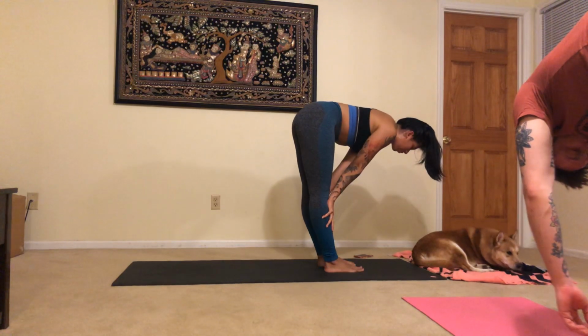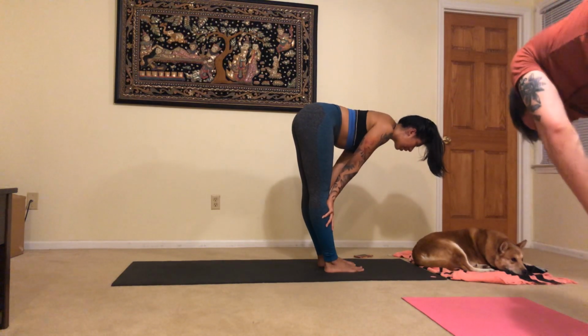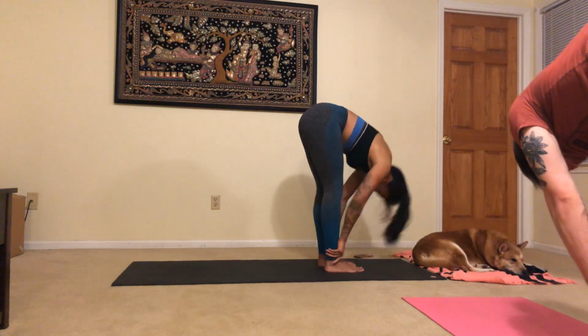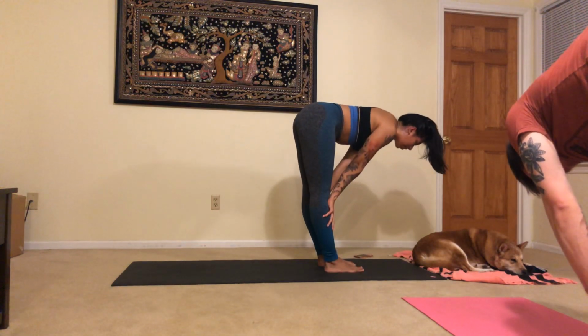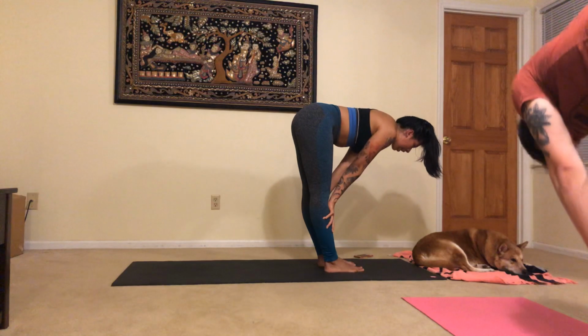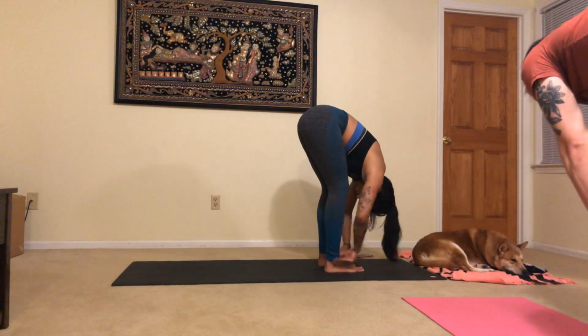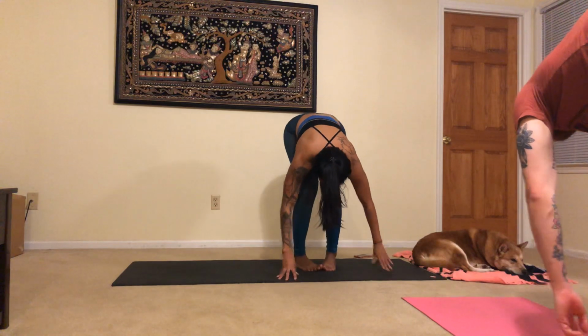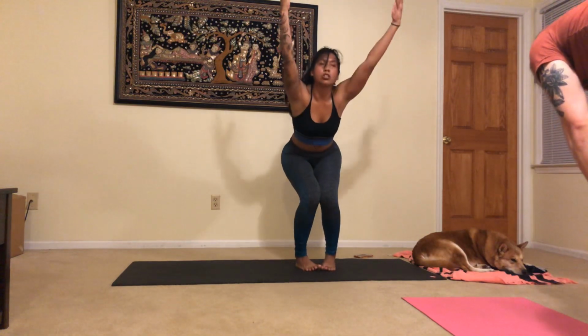Inhale, Ardha Uttanasana. Exhale, Uttanasana. One more time. Inhale, halfway lift, Ardha Uttanasana. Exhale, Uttanasana, forward fold. Inhale, Utkatasana, big toes together to touch, face between your heels, sink your chest, or sink